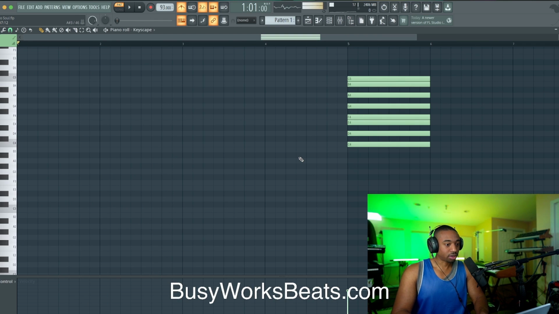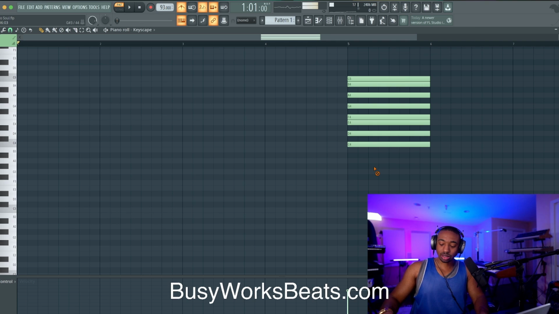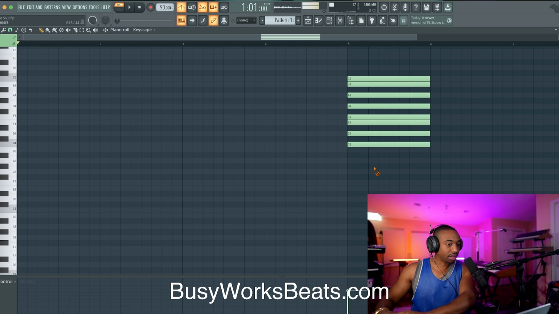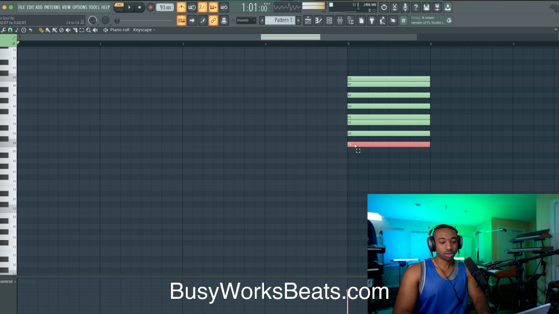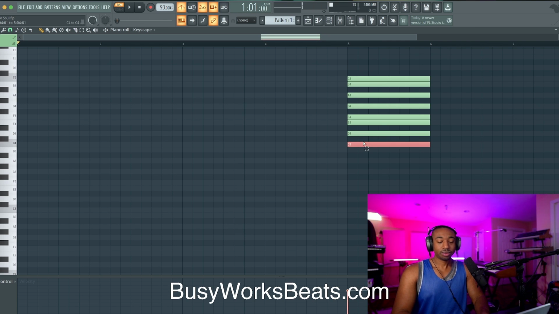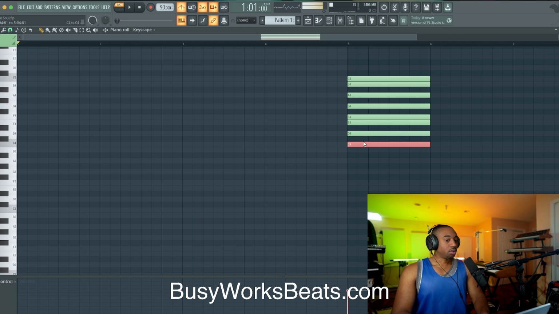It's all the white notes starting from C. The reason I'm using this is because this is a major scale, which is the most common scale you'll see next to a minor scale, natural minor. So how do you make chords? You start at the root note, or any note technically. These are all called scale degrees. In this case, we're going to start at the root note. You don't have to start chord progressions at the root note.